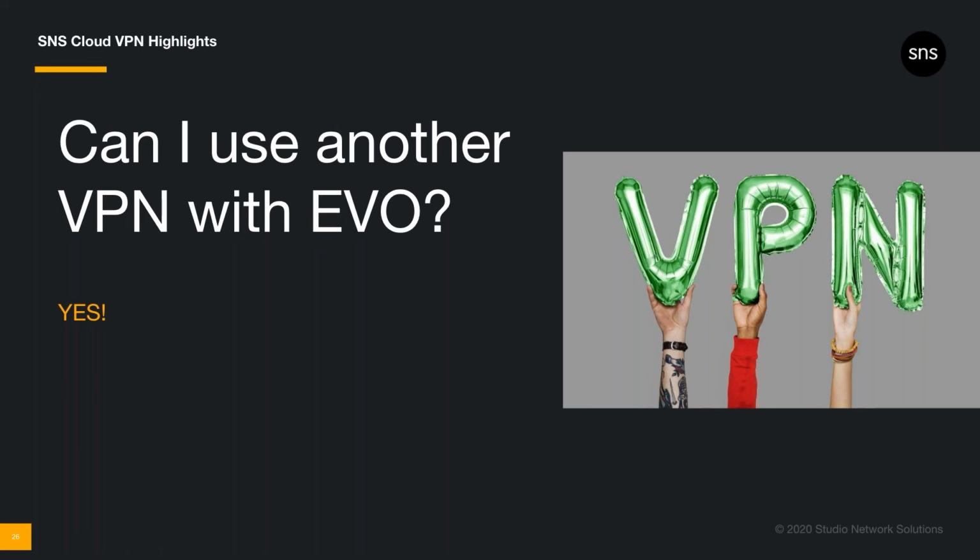I think there may be some people wondering if by creating SNS VPN, we've somehow broken the ability to use some other VPN. That's not what we've done. If you're happy with your VPN that you already have, you can certainly keep using it. If you want to bring your own VPN in the future, there's nothing we've done here that prevents that. We're not breaking something that's already working for you. Your Evo will work with any properly configured VPN that you set up in your network. But if you don't have a VPN, or you have a VPN that's not working for you for some reason, or you simply just need remote access as quickly as possible, we think you'll love SNS VPN.